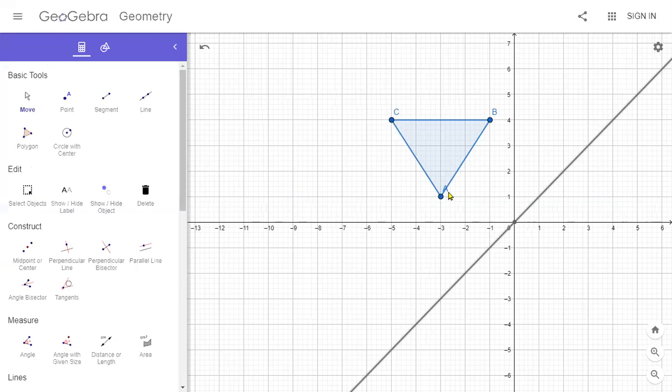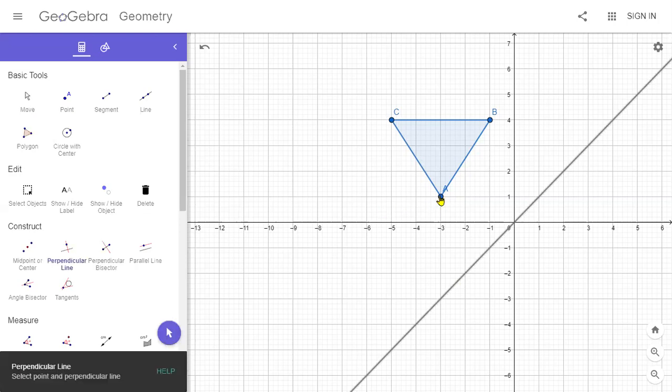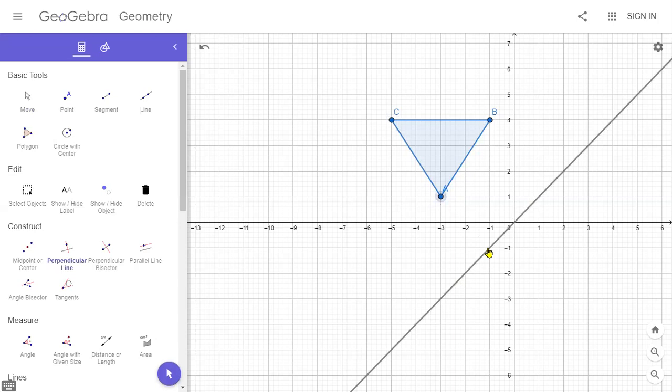Okay, and the next step while doing the reflection is, we have to draw the perpendicular lines from each vertex that should be perpendicular with the mirror. We have to draw the line which passes through each vertex, and that should be perpendicular with the axis of the reflection. Let's take the vertex A and make the perpendicular line with this mirror. Through this vertex A, this line passes here, and this is perpendicular with the mirror line.